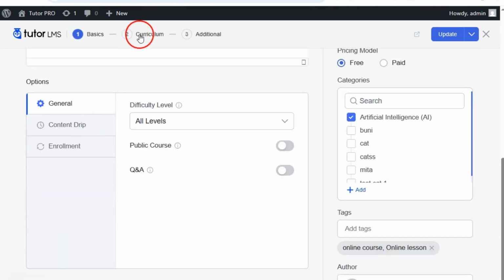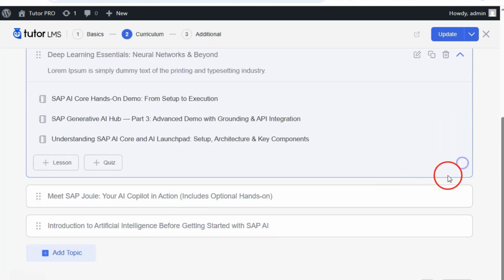After a successful run, check your courses inside Tutor LMS or on the front end to confirm titles, structure, and